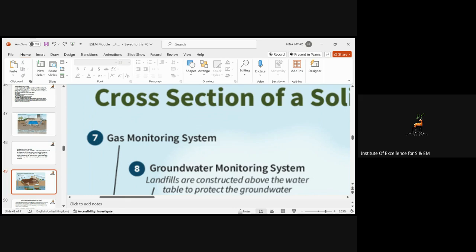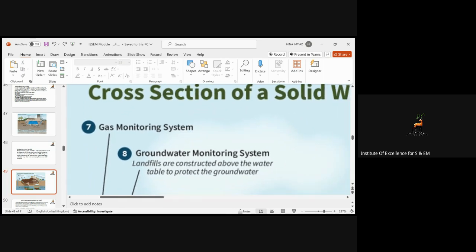For example, in landfills that have a gas collection system, the pipes throughout the landfill used to collect the landfill gas are also monitored to ensure the landfill gas collection system is operating properly. So this gas monitoring system has two goals. One goal is prevention of the methane movement, and the second one is checking whether the gas collection system is working well or not.